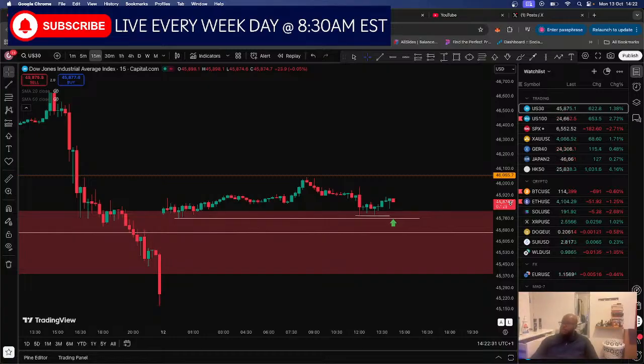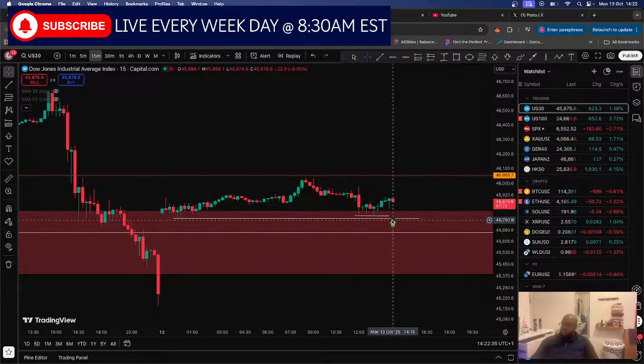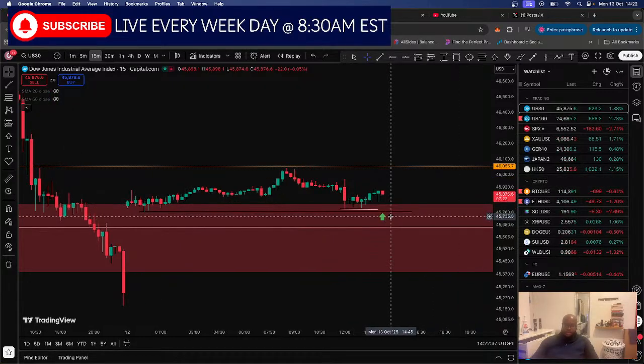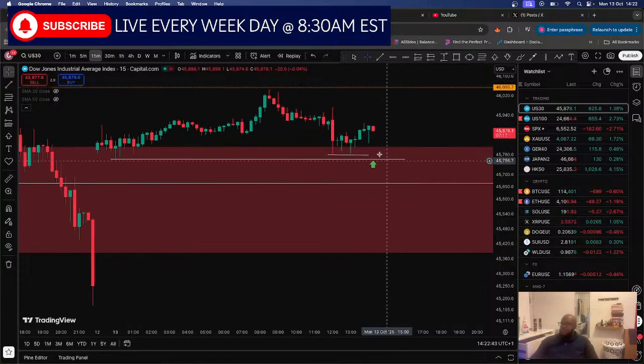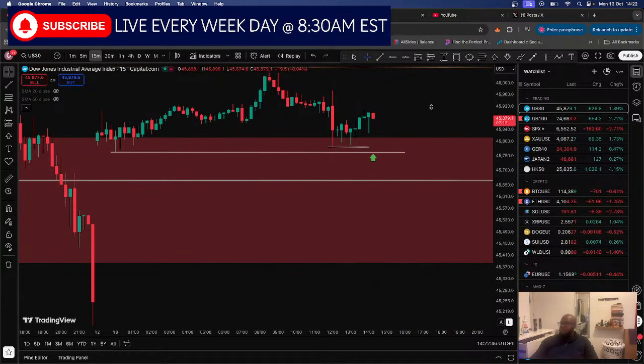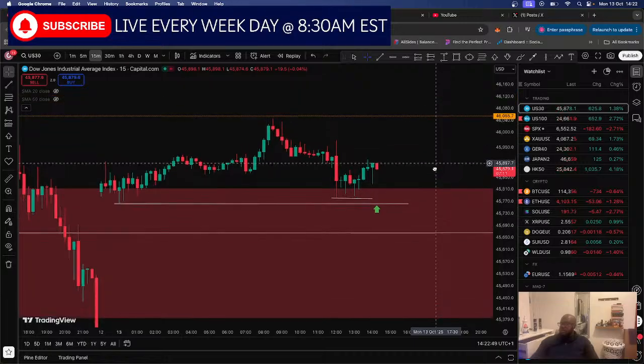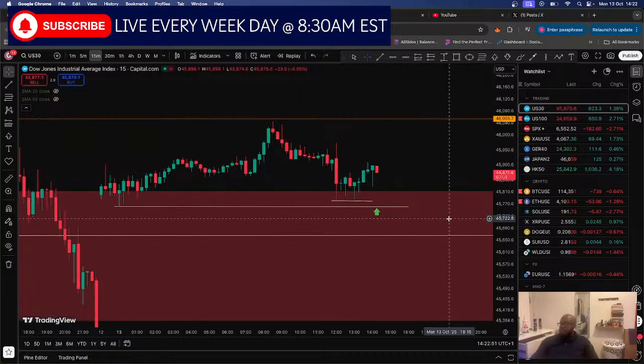Alright, let's see. So we're coming back down towards this area right here. Coming right back down. Once this area gets taken, everyone's going to position long. There's a chance we sweep it before the open. If we do, I'm getting ready to execute on my phone as we speak, so